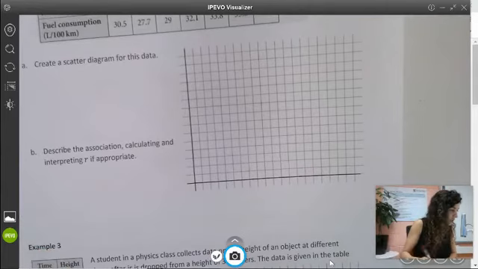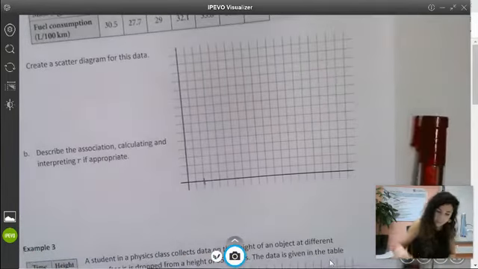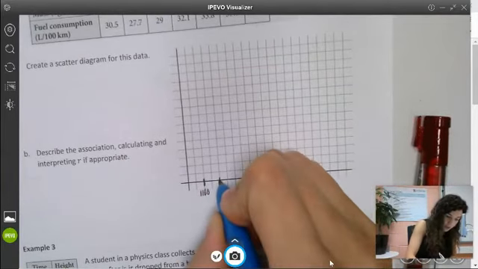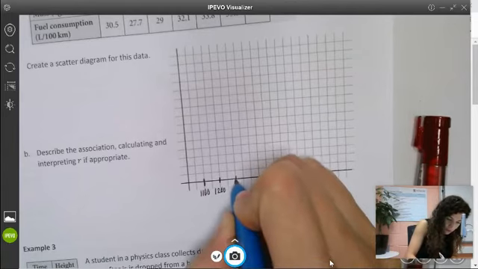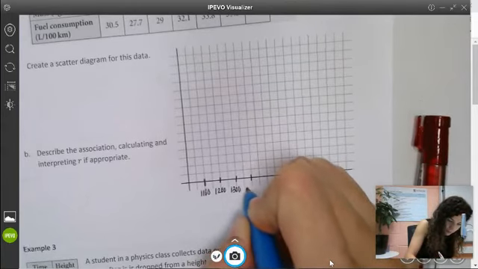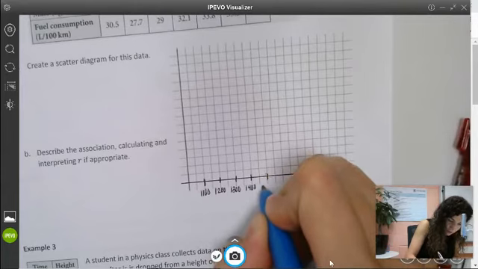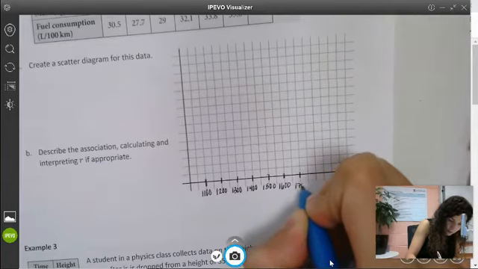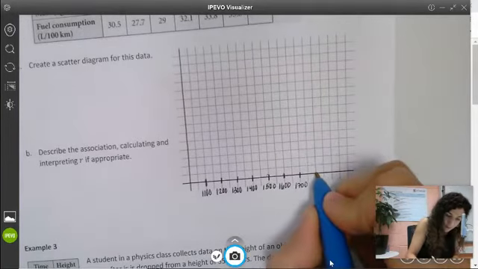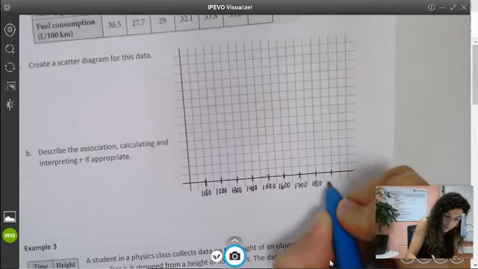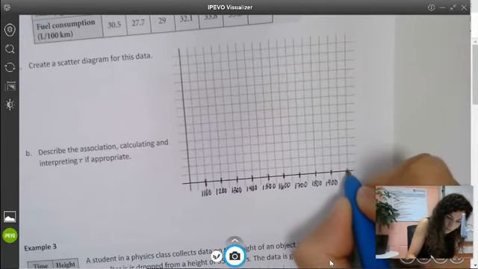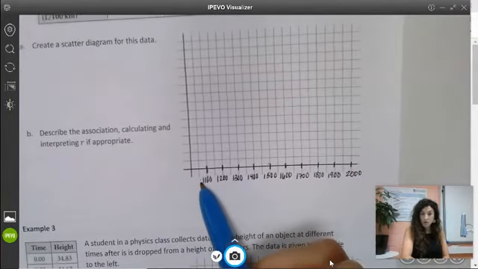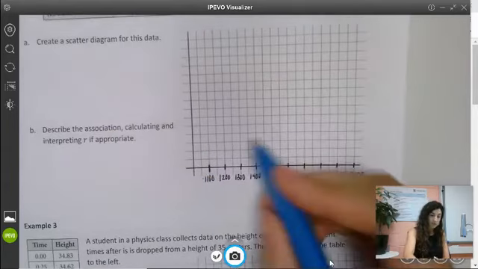I'm going to go ahead and start here with 1,100, and then I'm going to go another 2 and do 1,200, 1,300, 1,400. And since I jumped from 0 to 1,100 and then it was a consistent amount of scale,